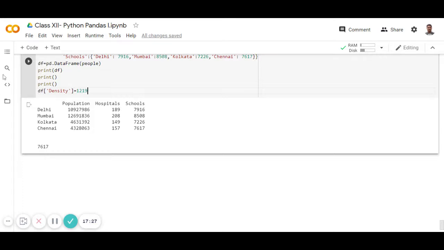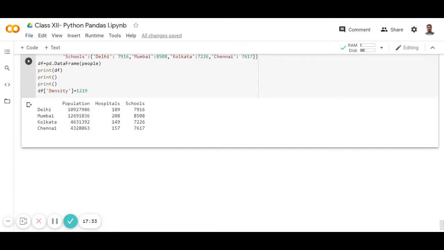I'm taking the example from the book. So you can see that. Okay, df density equal 1219.